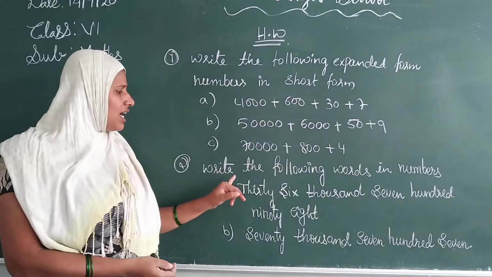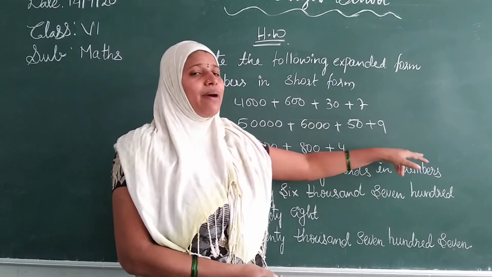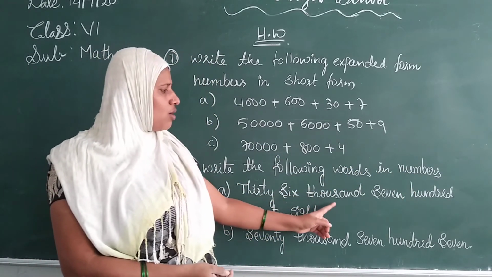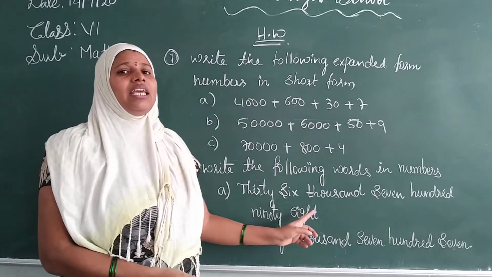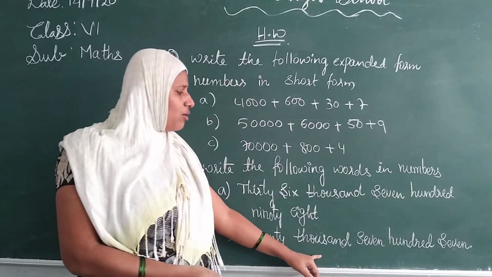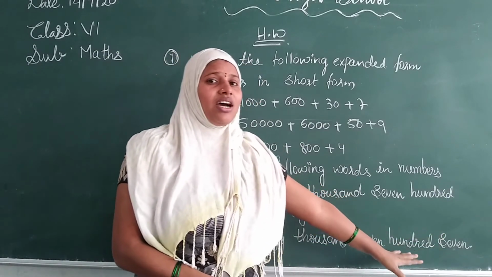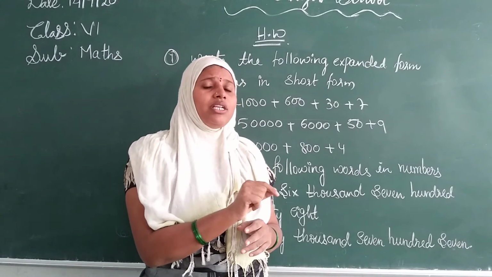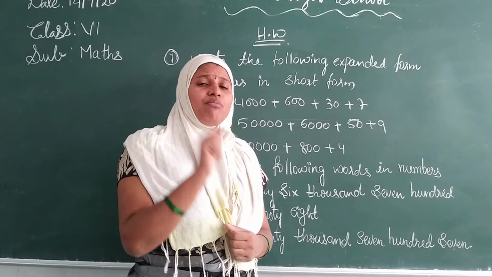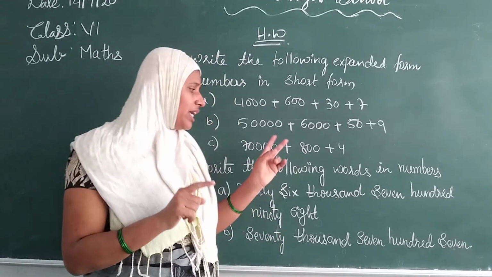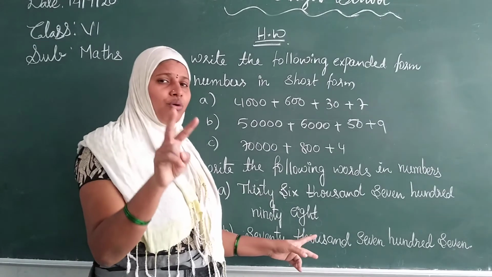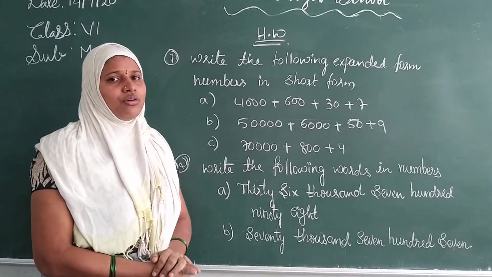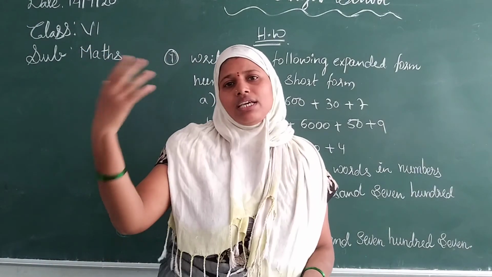Now the second question is write the following words in numbers. I told you just now. Now these are 36,798. Second one is 70,707. I have given you two examples where, suppose the place value is not given, what to write in that place? Which number will you write? 0. So for both examples I have given you two questions. While writing, keep concentrating and write the solutions. Okay children. Now in the next class we will discuss the